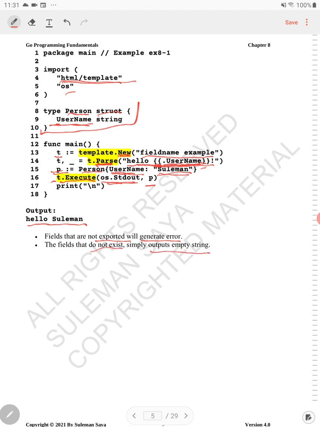So for example, if I used this dot username and it is not within the struct, no error will be generated, but it will just be an empty string. Okay, so that's all there really is to it. It's not much in this example, but as we go into more detail, this template parsing will become a little bit more involved. Okay, so that concludes